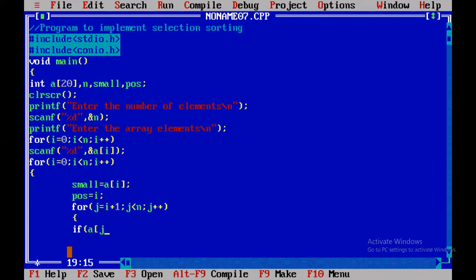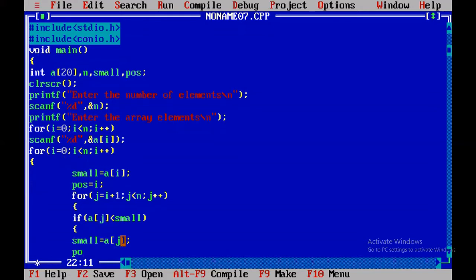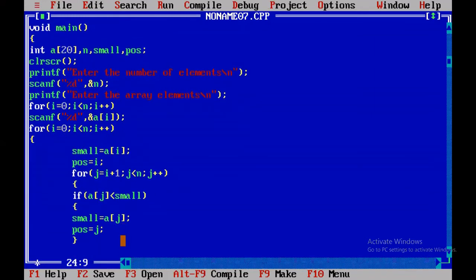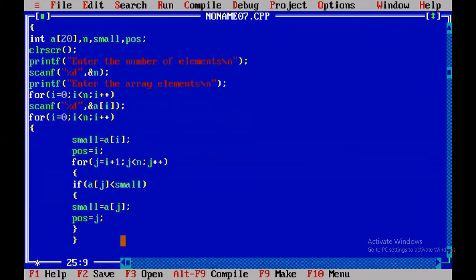If A[j] is less than the assumed small value, then you change your assumption by writing small = A[j], and you keep track of the position of that smallest element by updating pos = j. Once this j for loop completes, you will have the smallest element in the list, stored in the small variable.